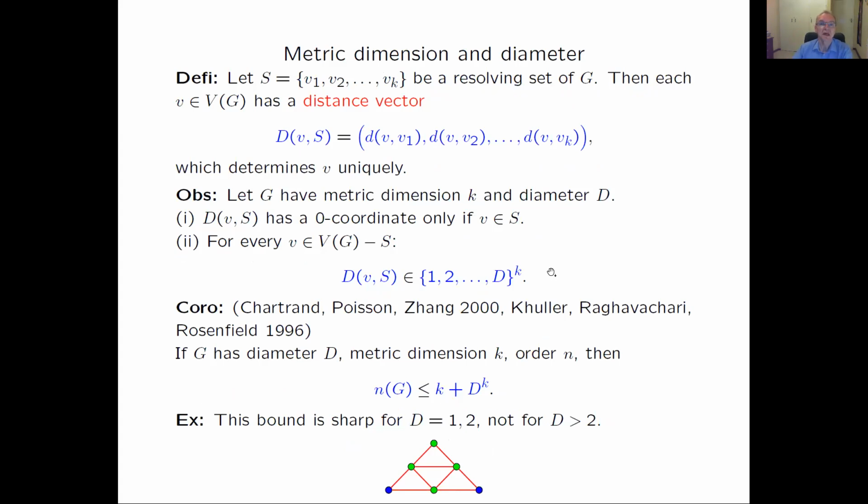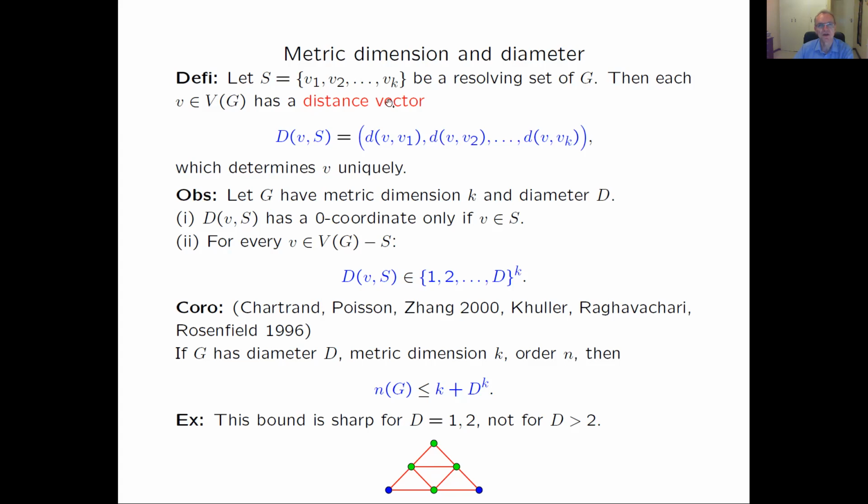Okay. So now let's relate the metric dimension to the diameter of the graph. Both are distance-based invariants, so it makes sense to relate them, and that's the topic of my talk anyway. So let's say S is a resolving set in our graph G, and the vertices in S are V1, V2, up to Vk. Then each vertex in the graph can be described by a distance vector, and this vector is